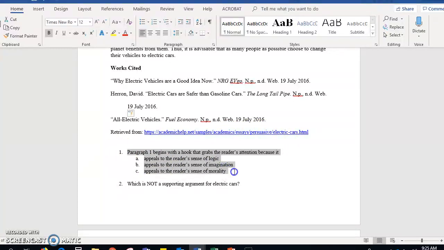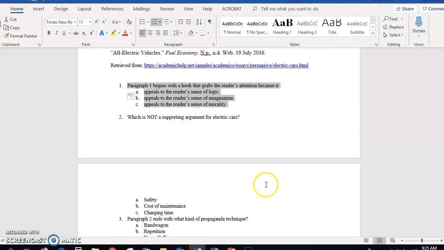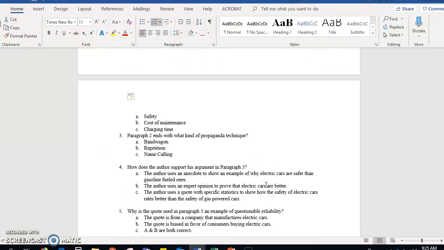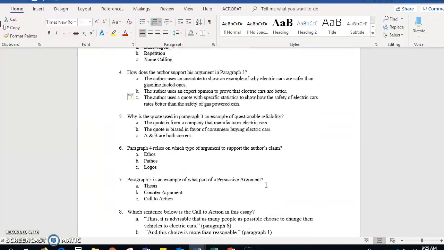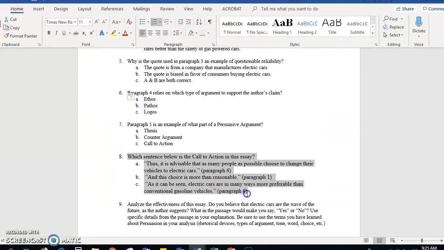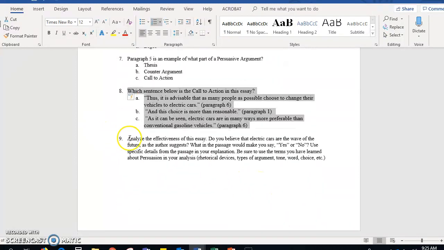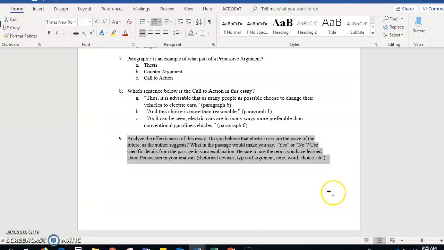You'll notice that there are multiple choice questions in the quiz, each with only 3 answer choices. There are a total of 8 multiple choice questions with 3 answer choices on the quiz. The multiple choice questions will be graded automatically; once you submit the quiz, the computer will score those for you. Your final question is a constructive response prompt, which will need to be graded by your teacher using the constructive response rubric.